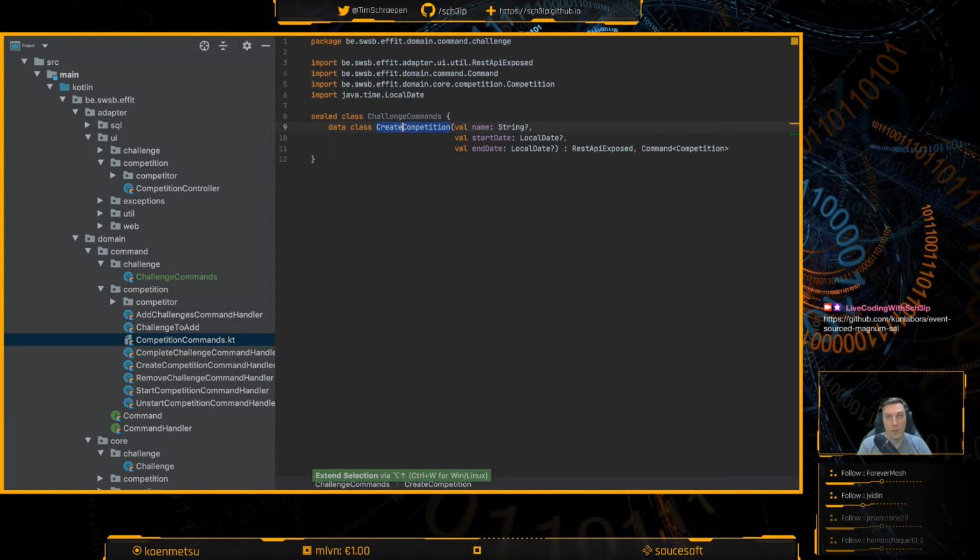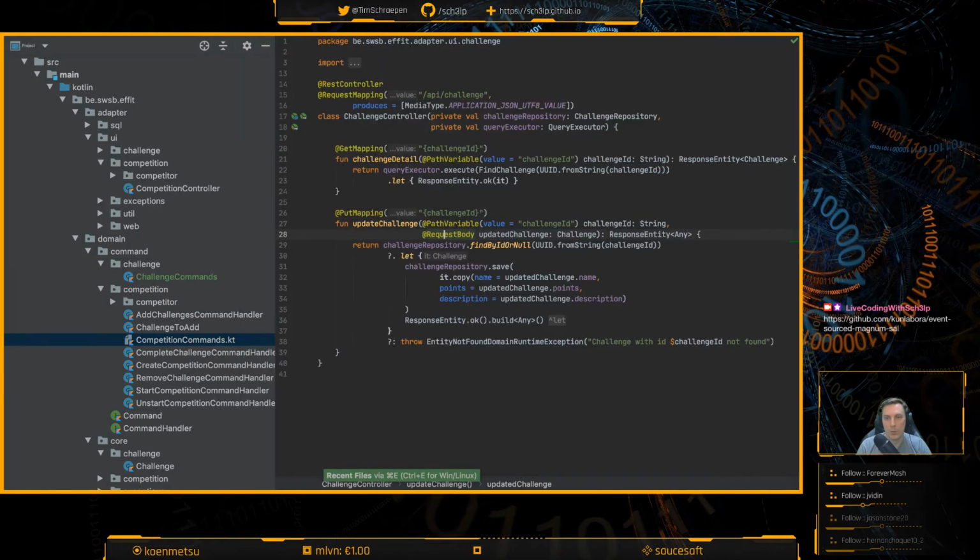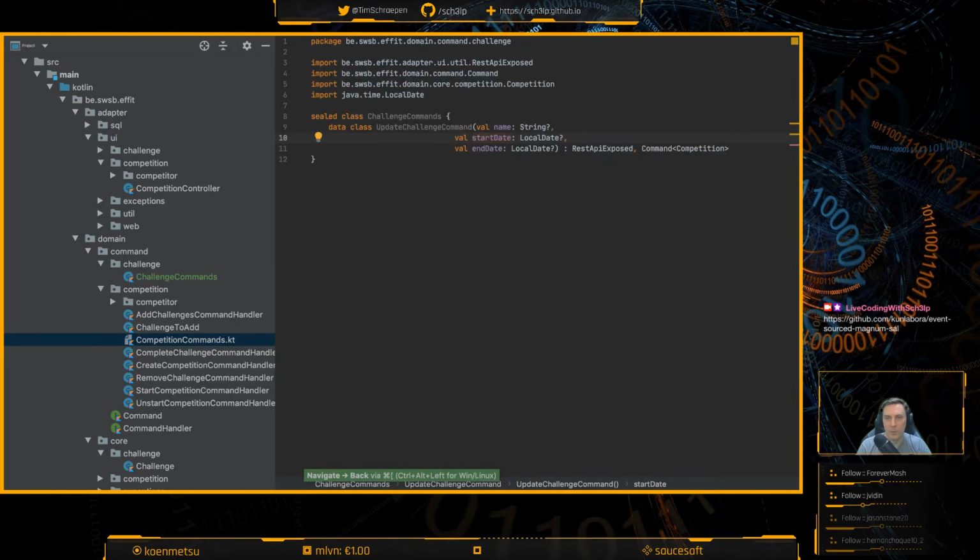And the command that I need is an update challenge command, and then it has a variety of stuff, specifically name, points, and description. Name, points, description. I guess this is a string.